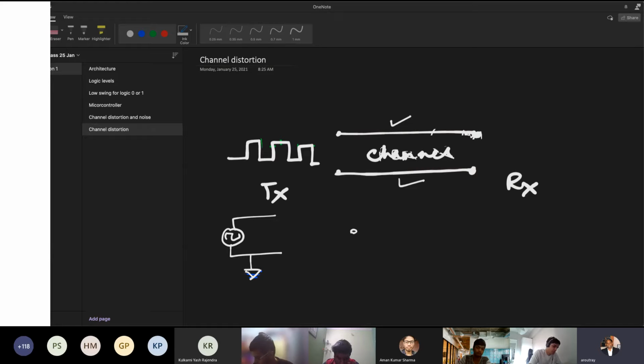But if it is a fast changing signal like this square wave, with the step change, there are a lot of step changes. Each step response is 1 by s. 1 by s is a very high bandwidth. You know, 1 by j omega, s will be replaced by j omega. If you take the magnitude, it will be a straight line in the Bode plot.